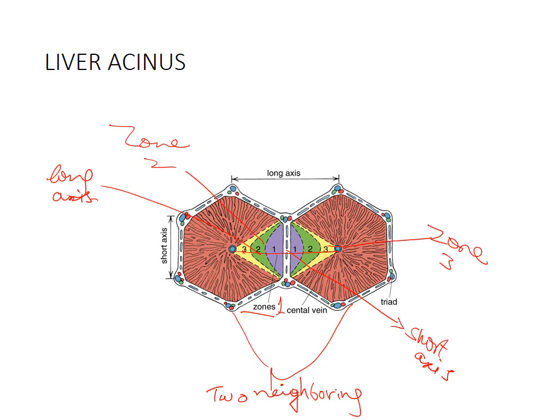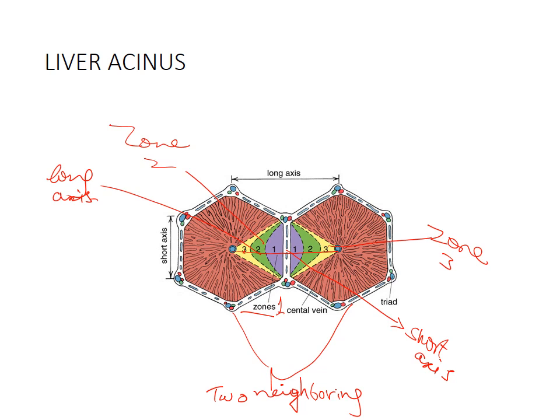Now the innermost zone, this is zone 1. The hepatocytes of this zone lie close to the penetrating branches of the hepatic artery and portal vein, and therefore these cells are the first to receive oxygen and nutrients. Consequently, these cells are the last to die if the blood supply of the liver is impaired, and first to regenerate when the blood supply is restored. The cells of zone 1 are also the first to show pathological changes if the blood entering the liver contains toxins absorbed from the small intestine.